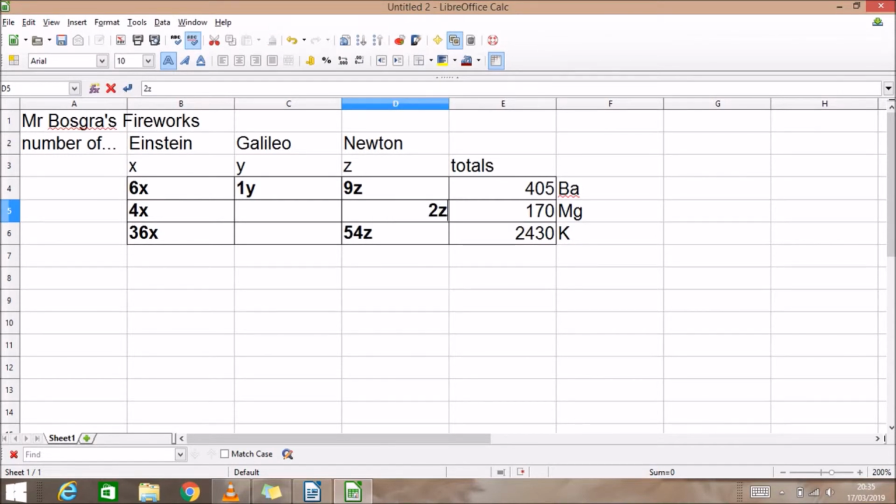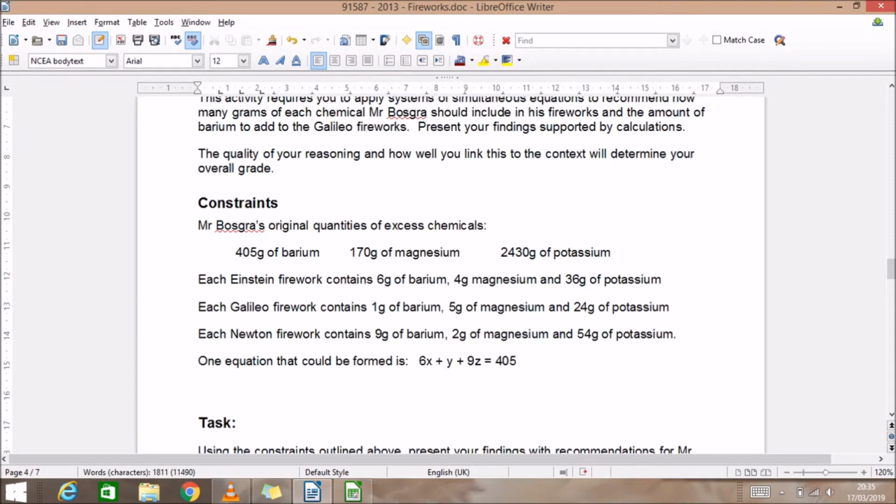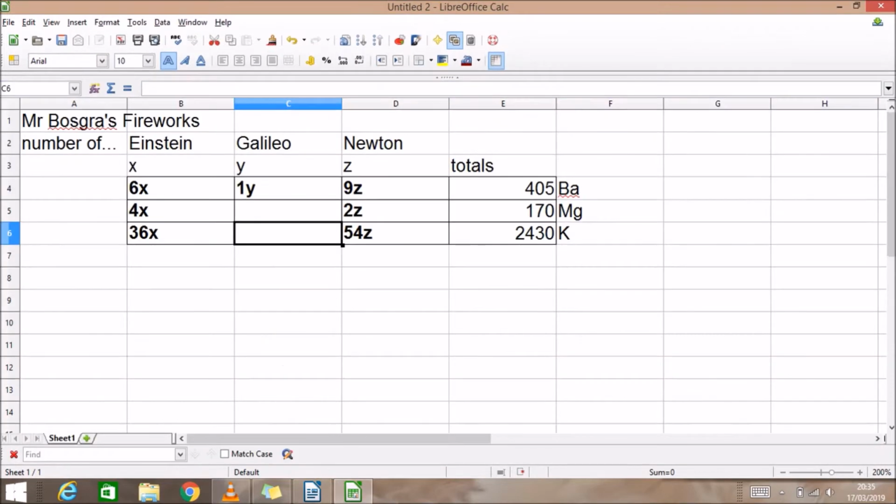And now we'll just finish it off. 2 grams of magnesium, and we'll do the same for Galileo. 5 grams of magnesium and 24 grams of potassium. And that's your grid finished. So now we can just go and write these out. 6x plus 1y